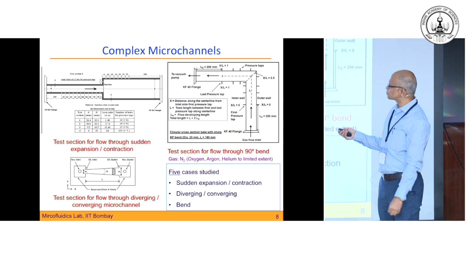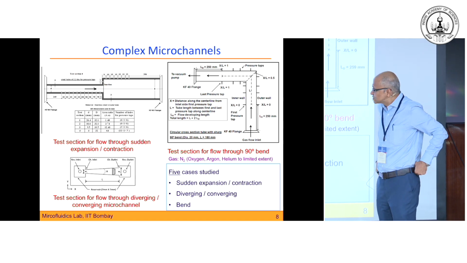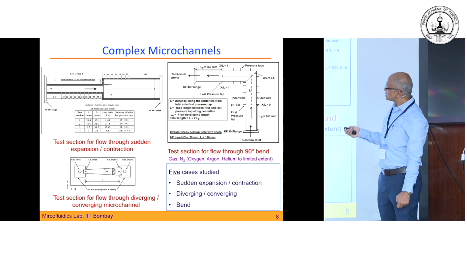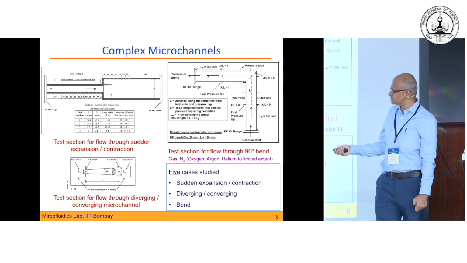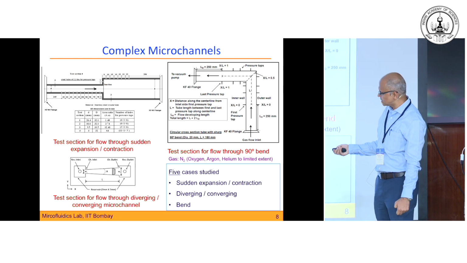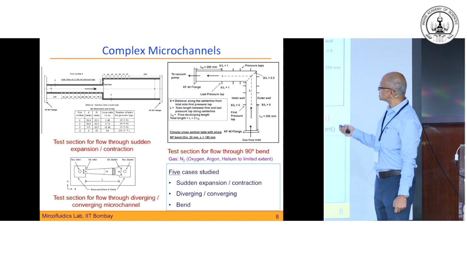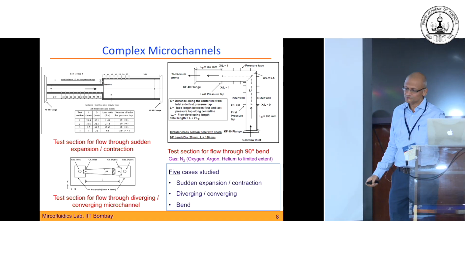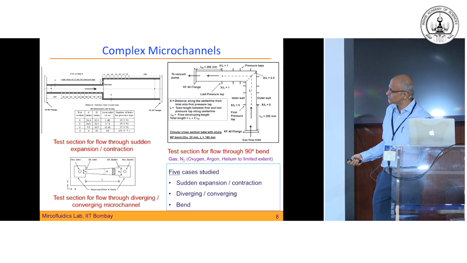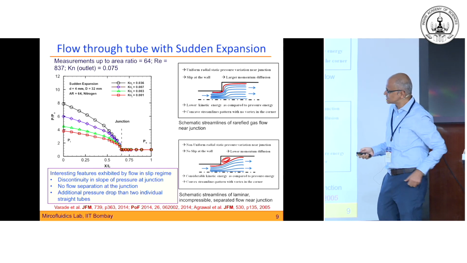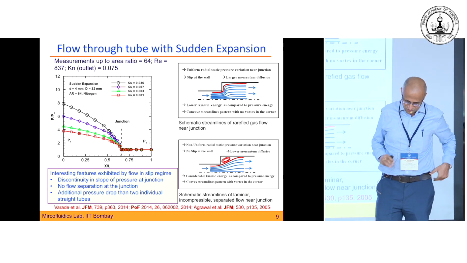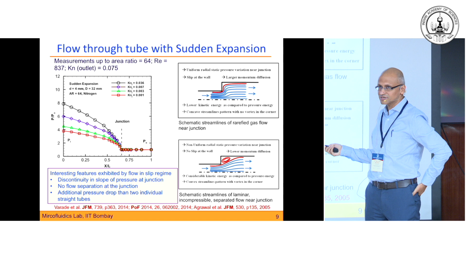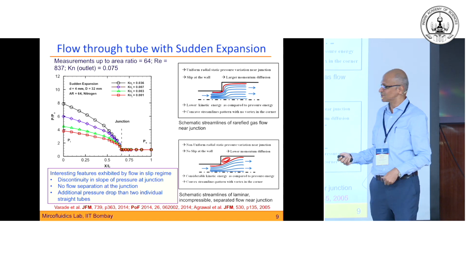And then we have looked at other complex flows, as these are simple flow situations. We have looked at several flow scenarios and done detailed experiments for them. One example I'm showing here is a sudden expansion. We can have a slowly changing cross-section. Here there is a sudden change in cross-sectional area. We can have a slowly varying cross-sectional area change. We can have bends and so on. So we have done detailed measurements in these cases, and we have found that the solutions, or the behavior that comes out, is very different from what we normally expect to get in the continuum.